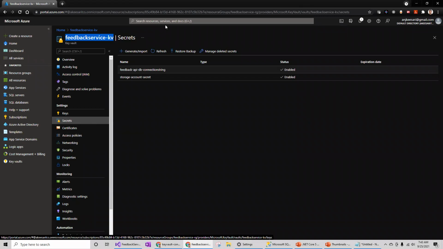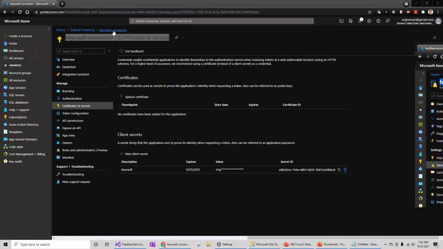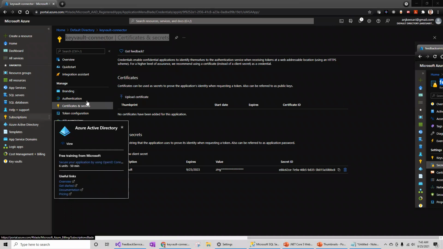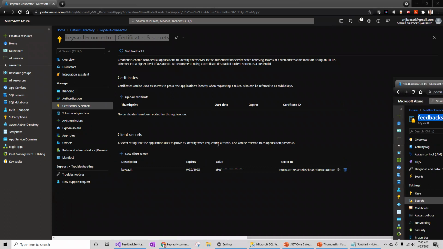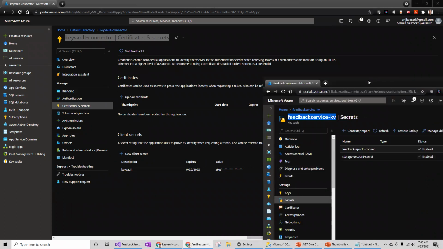And then the next step is to register an app in Azure Active Directory and get the client ID and secret. Also create a secret for connecting from Visual Studio. And then the next one is providing access to this app in the Azure Key Vault. So these are the different steps I'm going to perform.